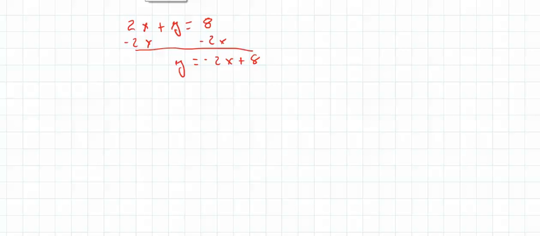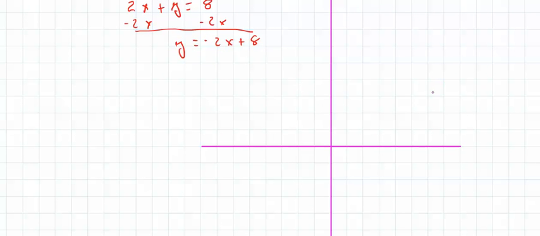Let's do one more. Let's graph 2x plus y equals 8. Solve for y, minus 2x minus 2x. Y equals negative 2x plus 8. I'm now going to draw my graph. I've drawn my graph. I need to identify my scale,